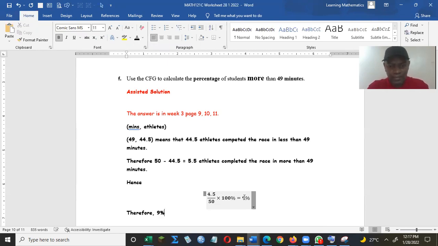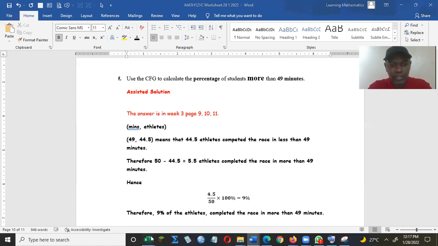So therefore 9% of athletes completed the race in more than 49 minutes. Okay, so that's what you do for this question number 19, part F, with regards to how to use the cumulative frequency graph to estimate